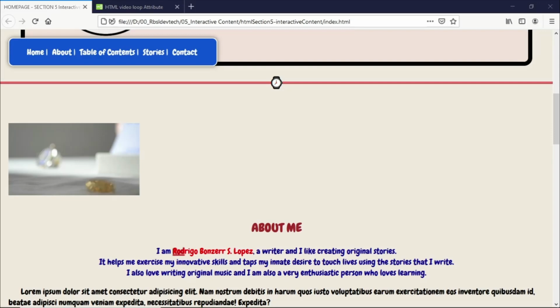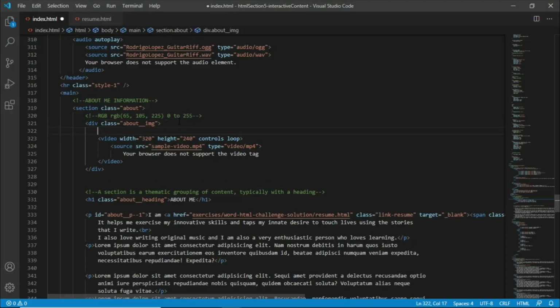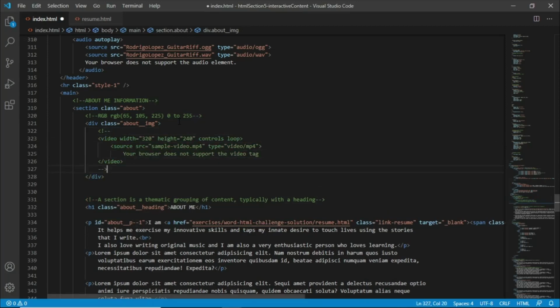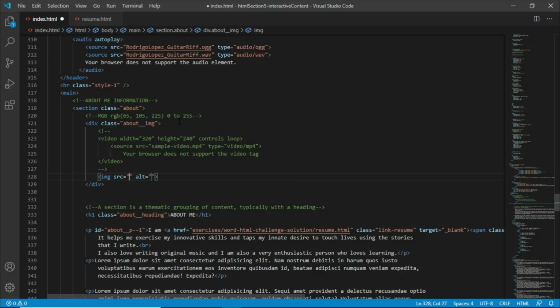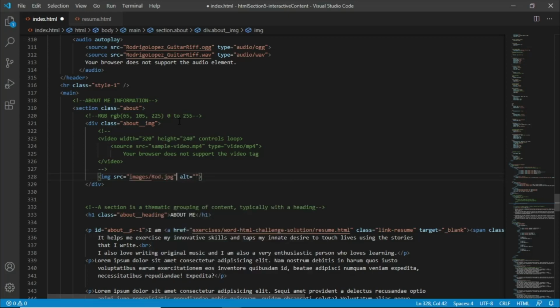And now what I want to do here before we end this session is for us to give this a class name that I will call about image, because I don't want to use the video element here. Instead, I would want to put a profile picture here. And that's why I'm going to use the image tag here, and we'll be using the images, and I'm going to use the rod profile here, and this will be profile picture. Let's save that